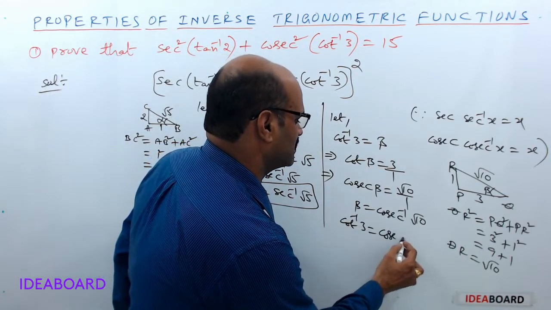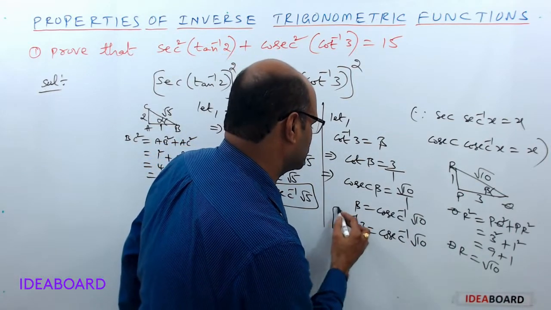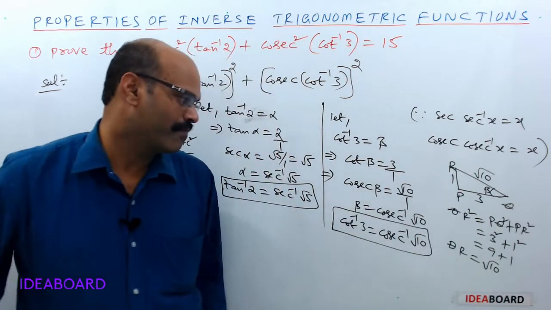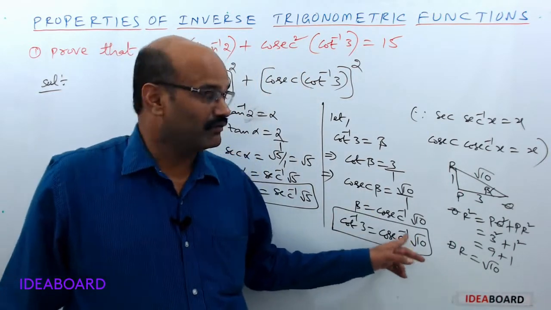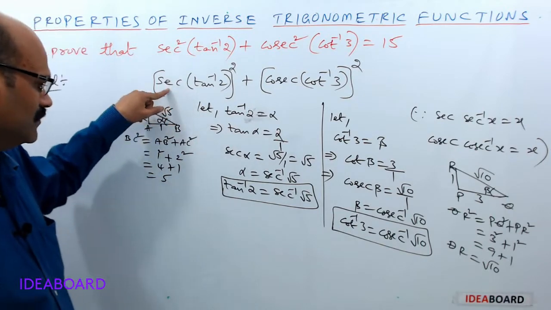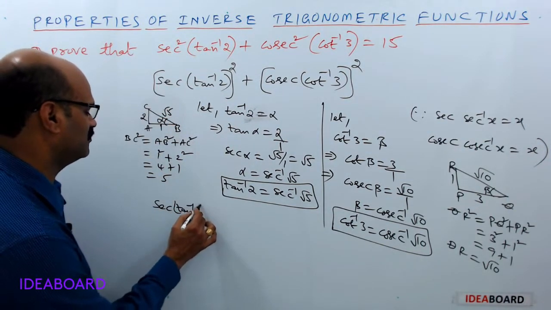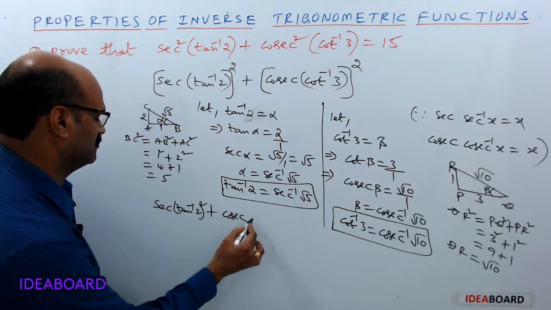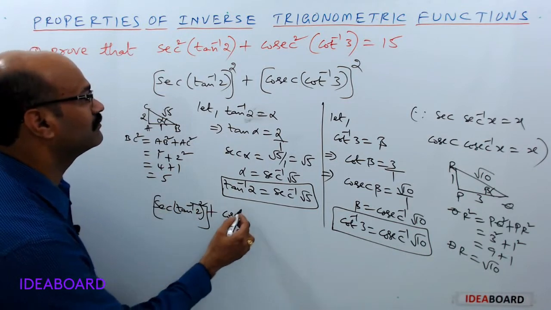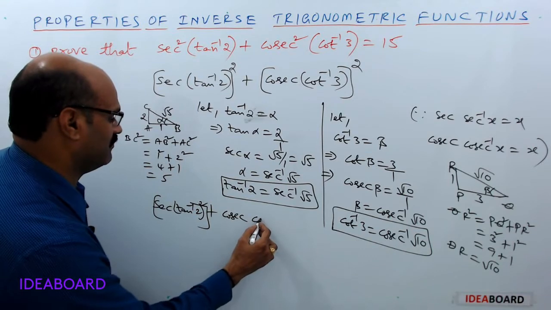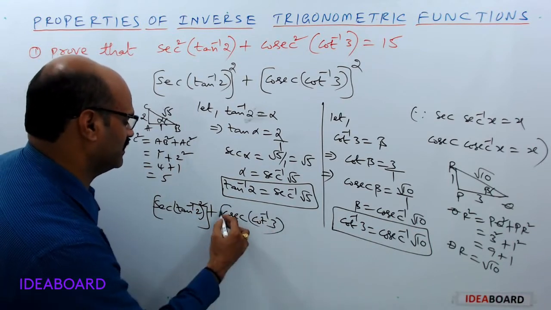Therefore cot inverse of 3 equal to cosecant inverse of root 10. Now here we have to find secant of tan inverse of 2 whole square plus cosecant of cot inverse of 3 whole square